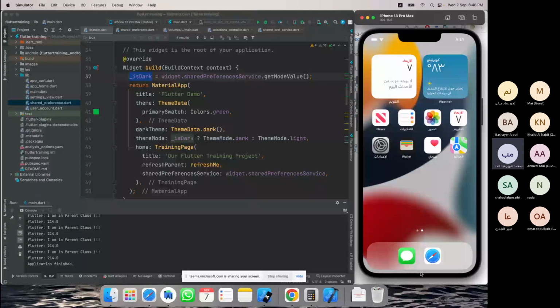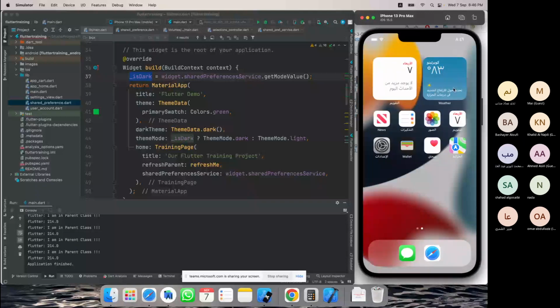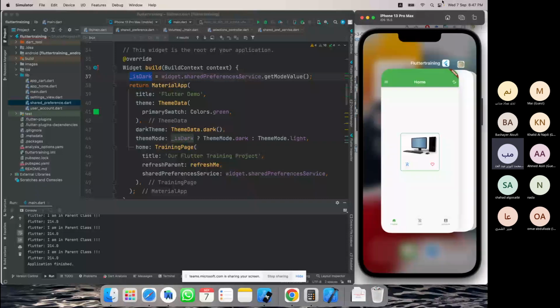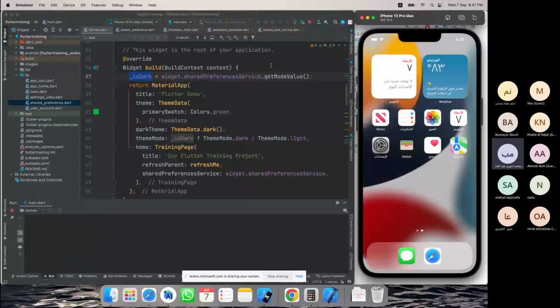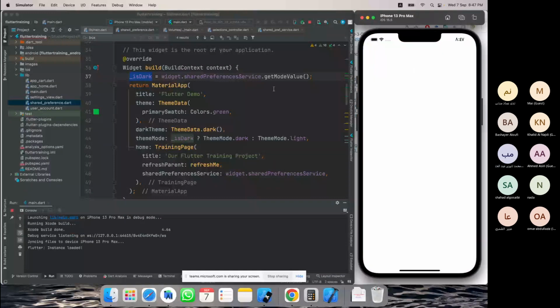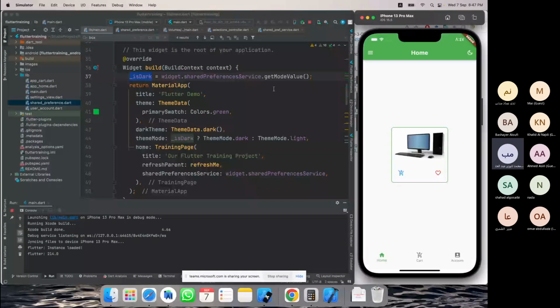Boy, it's not coming. Okay, so you can close all apps, run it again. It remembers